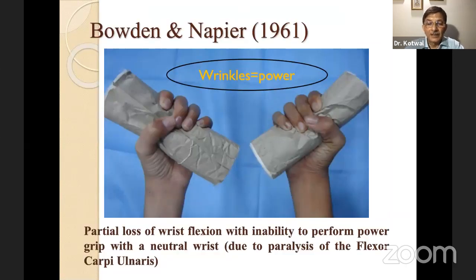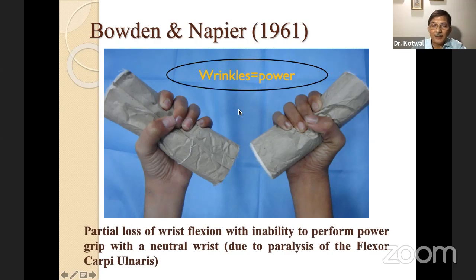Another test for testing the FCU is you ask the patient to squeeze. And you can see here, on one hand the wrinkles are more, whereas in the other hand the wrinkles are a little less. This happens because of the paralysis of the flexor carpi ulnaris. The patient is not able to flex it completely to get a full grip of his hand, and therefore he is not able to squeeze it. So the wrinkles which appear are actually proportionate to the power that he has because of the